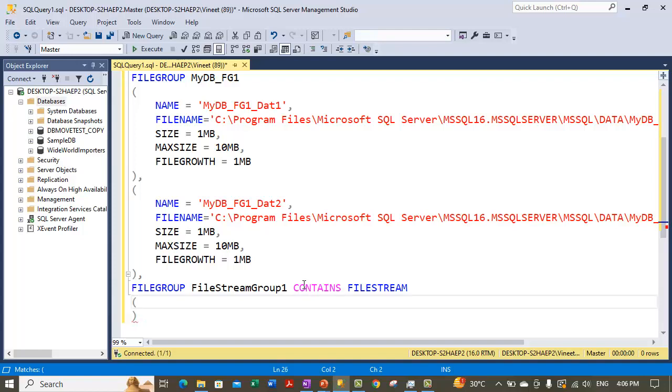Let's start and close the bracket and specify the name of the file under that file group. So I'm mentioning the name as mydb_fg_filestream to specify the logical name, and I'm specifying the physical file name as